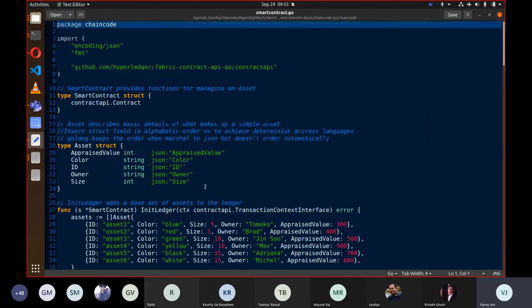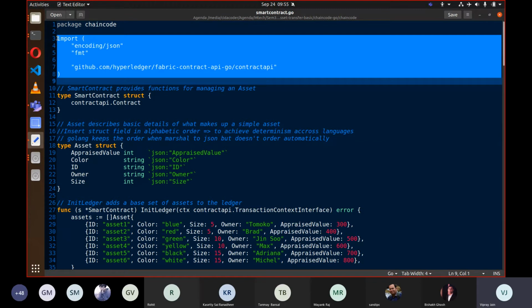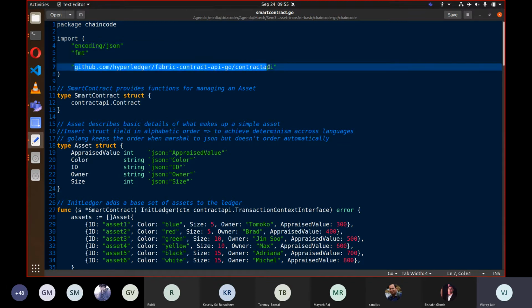Let me see the smart contract. So this smart contract is written in the language Go. In the starting there are some imports in which we import some basic libraries of Go, and then there is an import of the contract API, Fabric contract API, which we will be using to interact with the ledger with the help of chain code.